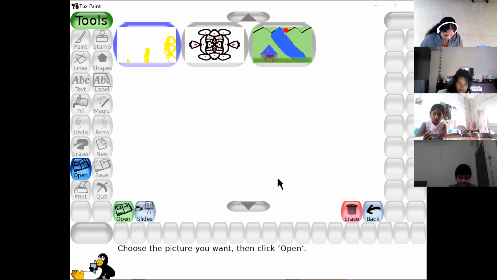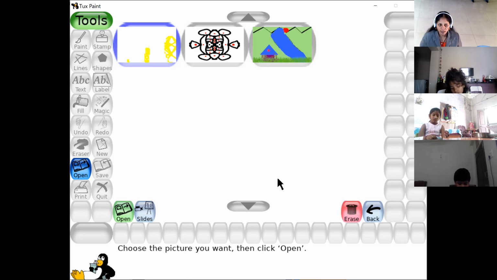If you have not saved it before, it will create a new entry in the list of saved images. It will not ask you for a file name as earlier in MS Paint. In Tux Paint, you need not give any name. Just click on save, it will be saved in the pictures.